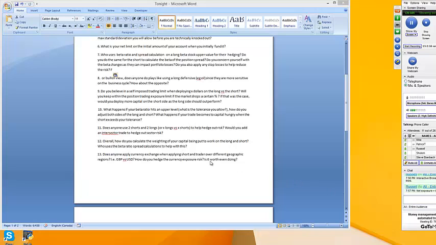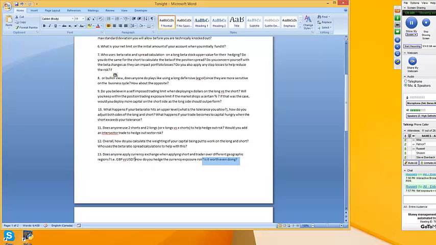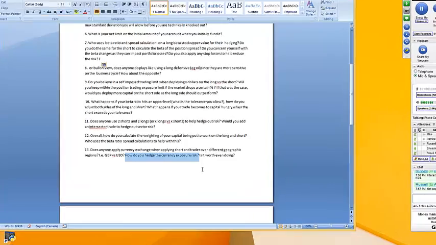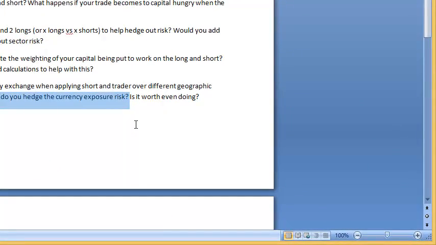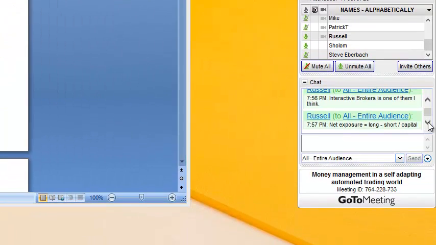I hedge out all my currency risk. So it depends. I always pick the base currency I want to have my accounting in with the broker. So if I think it's going to strengthen at the moment, I'll bring it back into US dollars. In the last 4 or 5 years, I've had it in euros, for example, so I'll be net overexposed in the currency. Or what I'll do, if I'm doing spreads between each other, just on a trading position, is I always watch what the forwards and interest rates are doing in both those markets, because of that currency exposure. I never thought of that. Quite brilliant. Jeff, your wisdom.